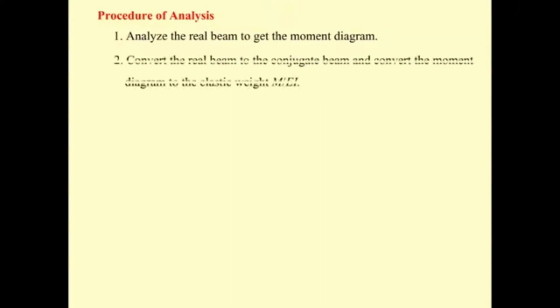The procedure of analysis. We're going to start by analyzing the real beam to get the moment diagram. The main thing is we're going to convert the real beam into the conjugate beam. That's going to involve changing the